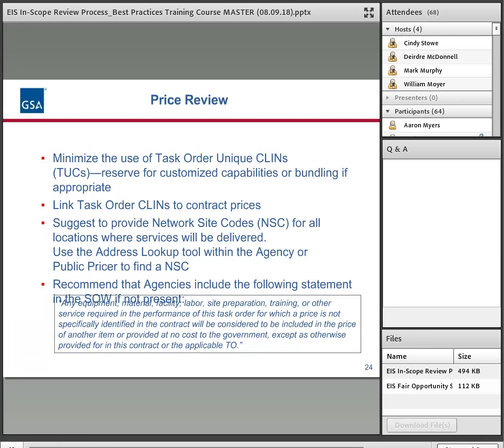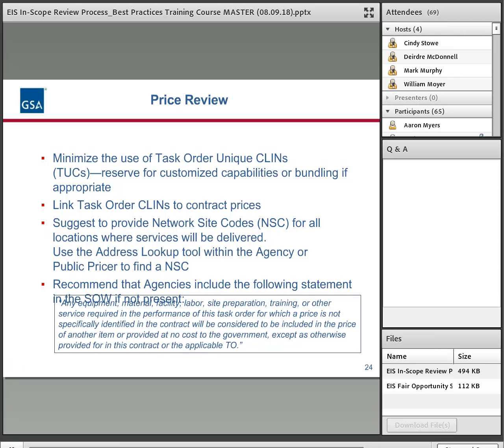We also included a statement here. I won't read it, but we recommend having this in your solicitation. And what it basically states is that you're looking for a complete solution. Whatever they send back to you is complete, and that anything that they didn't specify is either included in the prices that they've submitted back to you, or it's going to be provided at no cost.